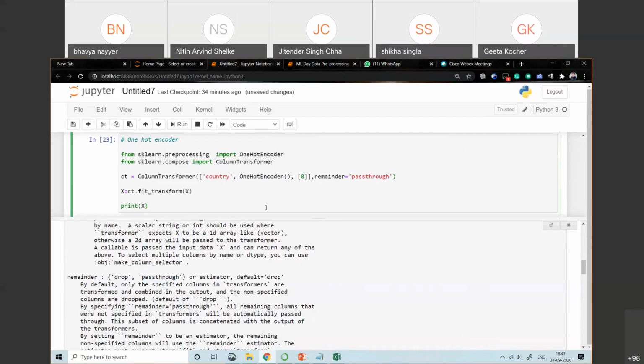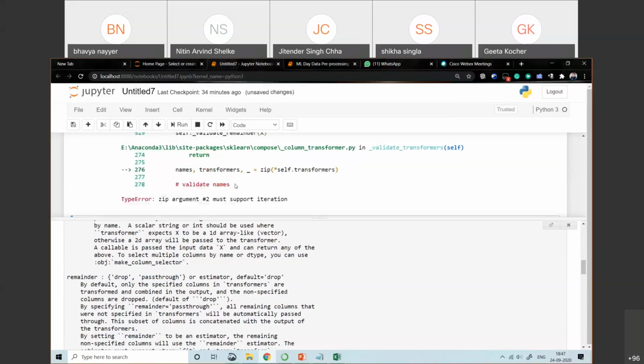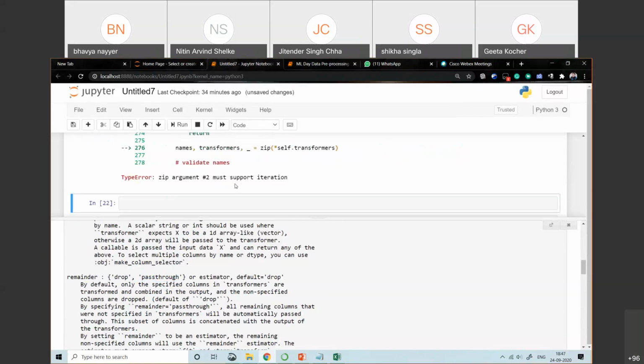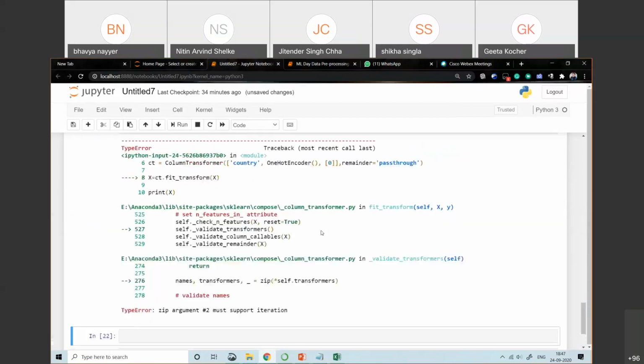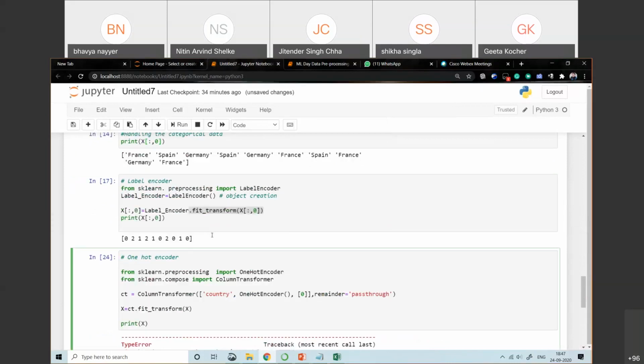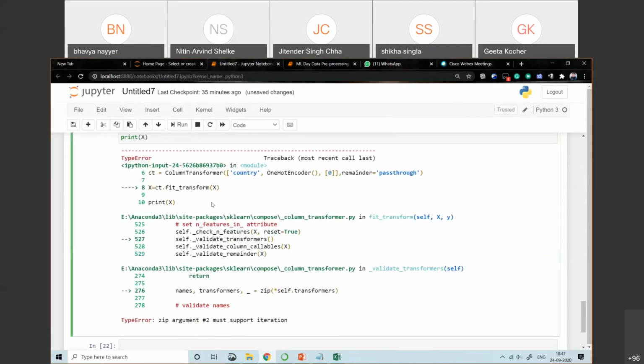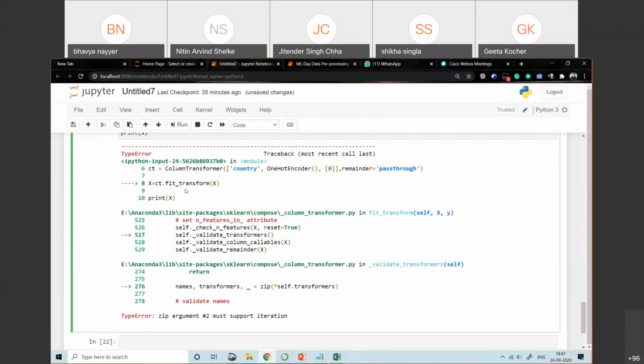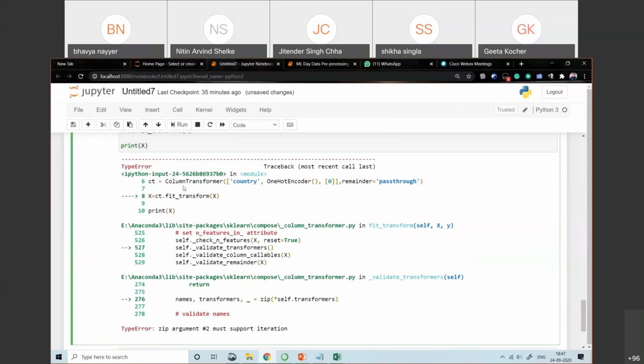Now fit_transform. Okay, then country, OneHotEncoder object, everything is okay. Now let's check. Argument 2, ct.fit_transform.